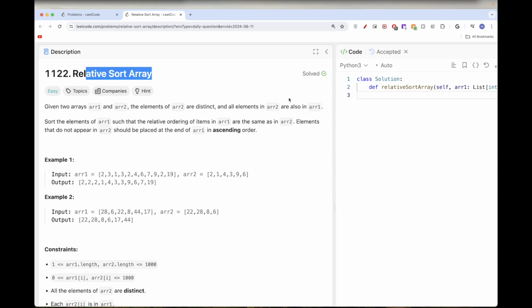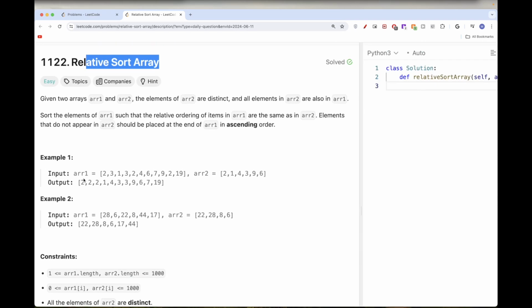Okay. Now what we want to do is sort array 1 such that the relative order of elements is the same as array 2. What that means basically is if a number appears first compared to another number in array 1, it should appear first compared to that same other number in array 2. So basically the same order. If we take a look at this example here,